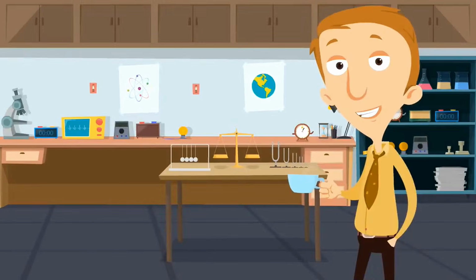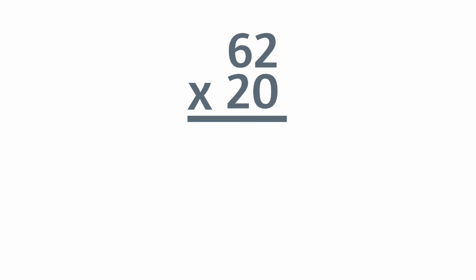Let's try another one. How about 62 times 20? We write the 62 on top and 20 right below it, lining it up by place value. And we're ready to go. Remember, for the first steps, we aren't going to use this digit down here in the tens place. We'll need it later, but we'll have to wait. Let's cover it up real quick with the owl again, all right?